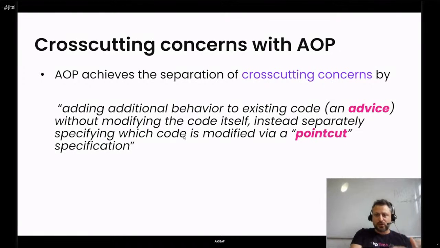In fact, the base code or the business logic code will stay as it is, but in a separate module, we'll have the advice, and we will have what we call a pointcut. The pointcut will represent the pattern where the additional behavior that represents this cross-cutting concern should be applied. And like this, we will modularize this concern in a separate entity.